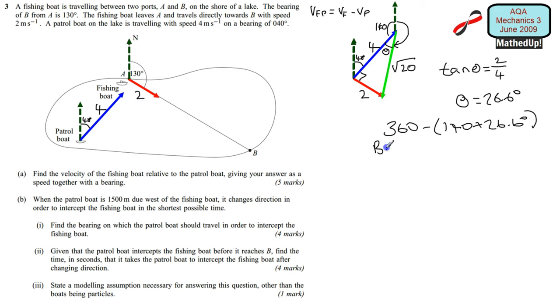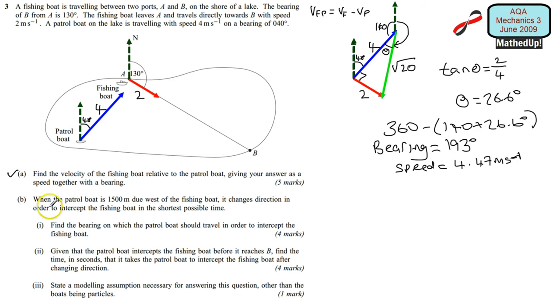So my bearing is 193 degrees, and the speed is going to be equal to root 20, which I'm going to write as 4.47 meters per second to 3 significant figures. Okay, right, so I now know my bearing and my speed for this, so that's part A